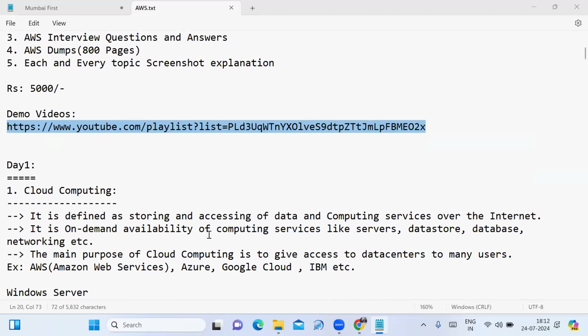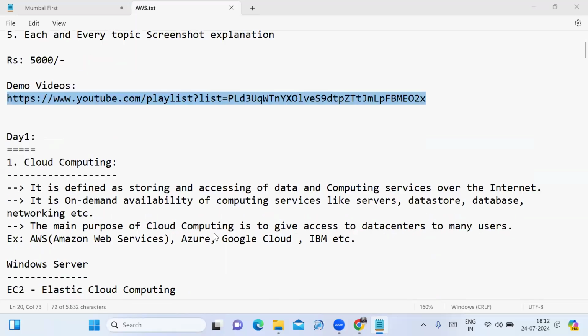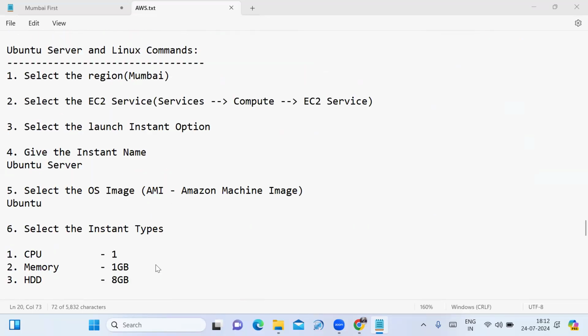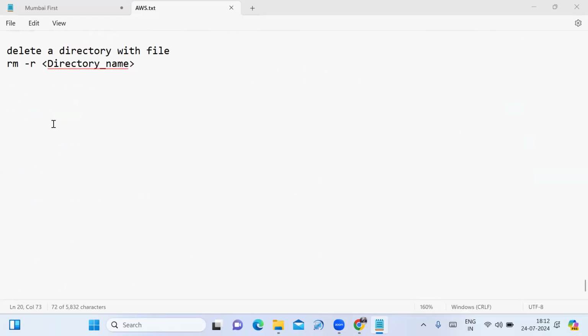Fine. This is the day 5 demonstration. This is the last demonstration, friends. From tomorrow onwards, they are changing the link. On day 1, I explained how to launch and connect the Windows server. On the second demonstration, I explained the basics of cloud computing,